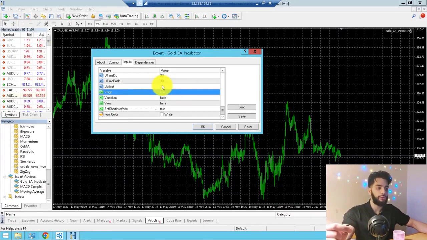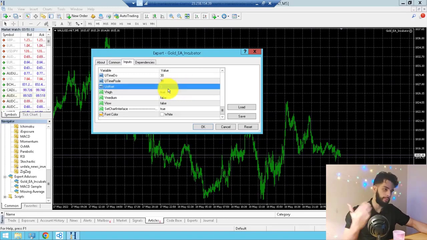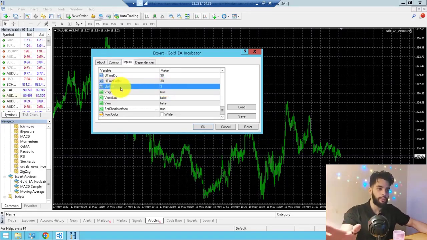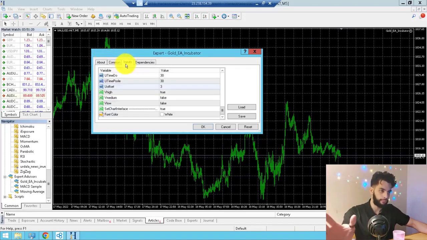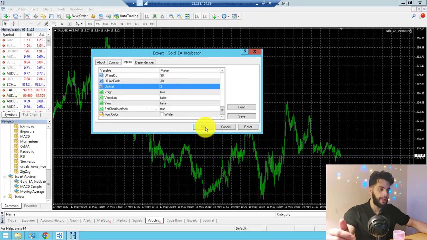So that's why it should be +3. If we were 3 hours behind GMT time, it would be -3. So right now it's +3. Everything's okay. We don't have to change anything else except U offset, which is a time difference, and that's it. We are not behind, so it's not -3. And then you press OK,